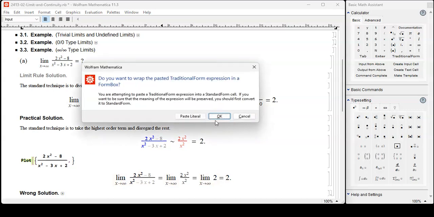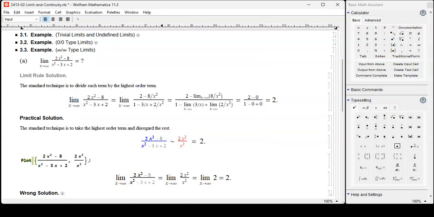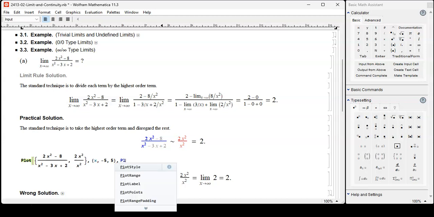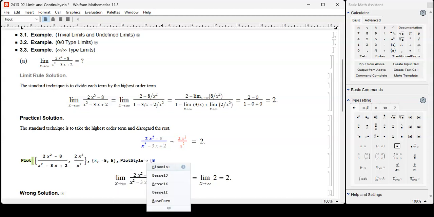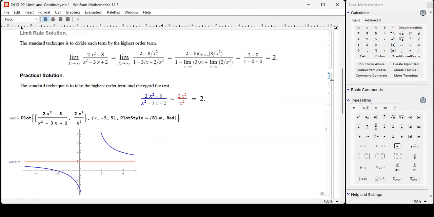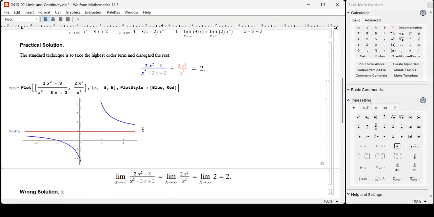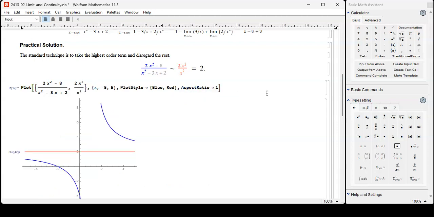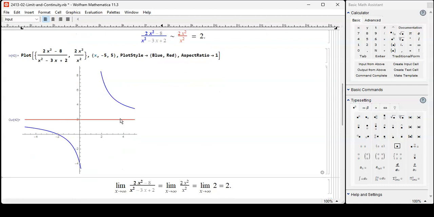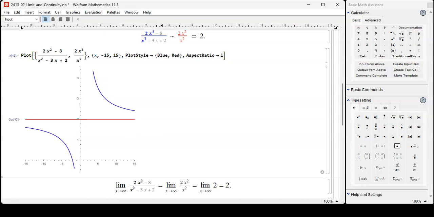Well, equivalently, I could have just written 2, going from, say, okay, picture from -5 to +5. What do you see? They are very, very different. Now, from -15 to +15,